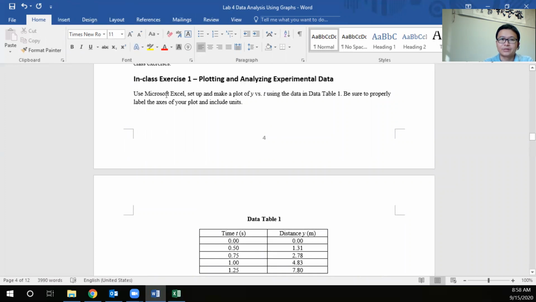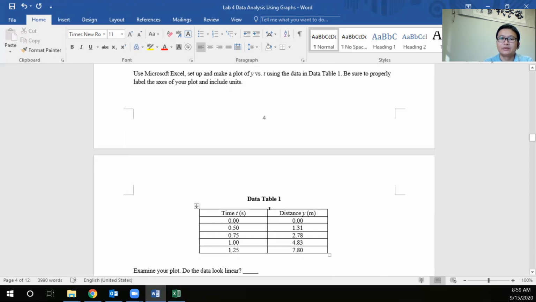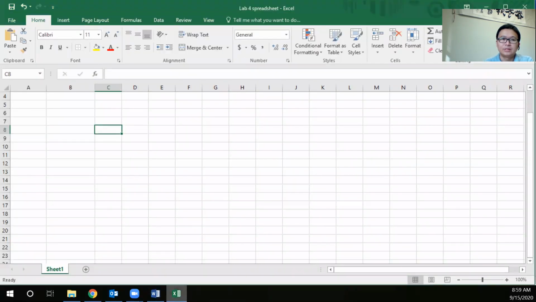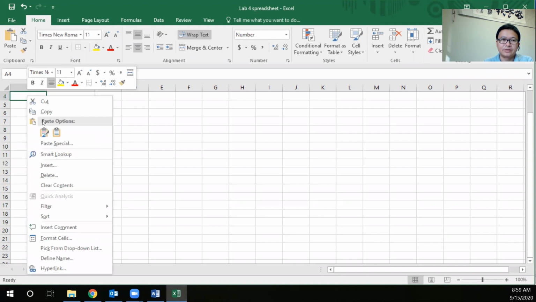Use Microsoft Excel to set up and make a plot of y versus t using the data provided in data table 1. You are given a time and the distance. A lot of times you can measure time and then measure the position of the object. To copy this, click here, move your cursor over here and click on this. You can right click and say copy. Then go to your Excel spreadsheet, click on the first cell and say paste,